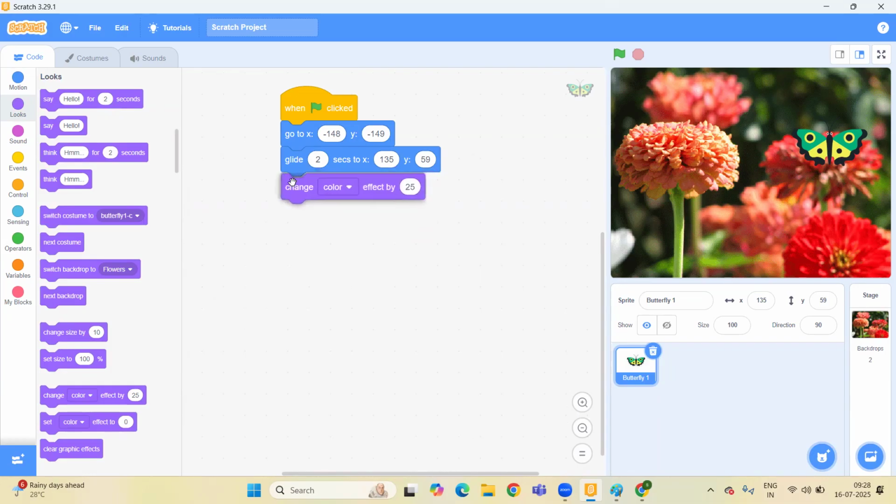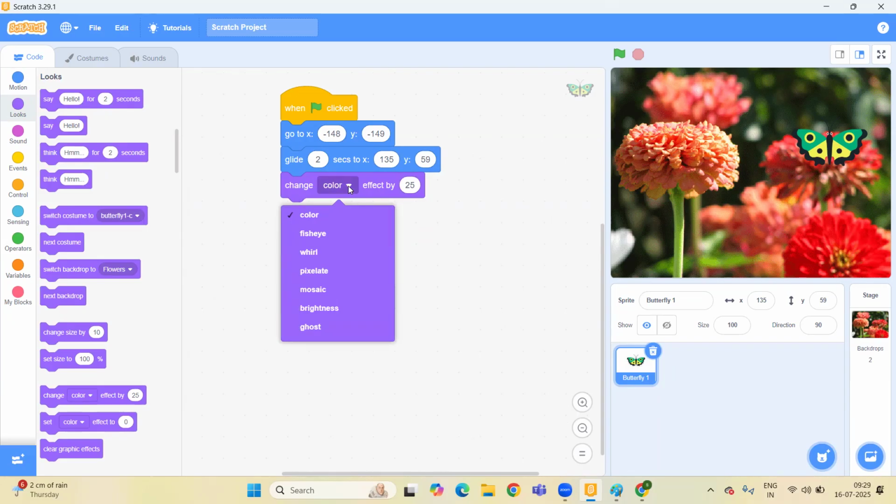I'm putting this code here, and when I click on the color option, it shows a drop-down list with other options also, like color, fisheye, whirl, pixelate, mosaic, brightness, ghost. We can choose any one. Right now I am taking whirl.